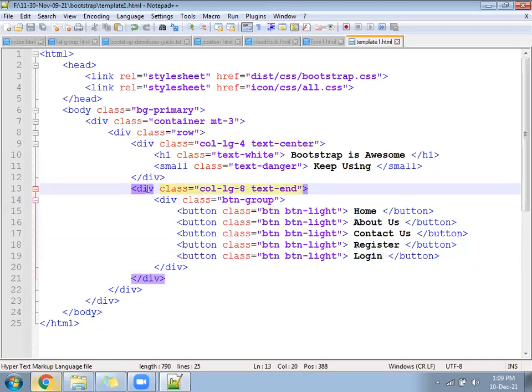4 will be in the left side, 8 will be in the right side. Button will come like continuous button. Background will be different and the text will be different.